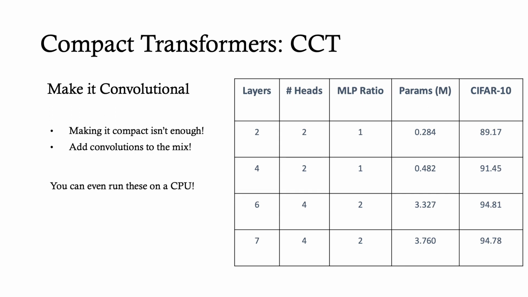Our third variant, the CCT model, the convolutional variant, takes the performance of the compact transformers one step further. By incorporating this convolutional inductive bias in the tokenization step, we only introduce a small amount of overhead and additional parameters, but we are able to achieve much better performance. And you can see here, our small model with only 284,000 parameters can get an accuracy of almost 90%. And again, you can train these models on any modern CPUs and get good accuracy very quickly.